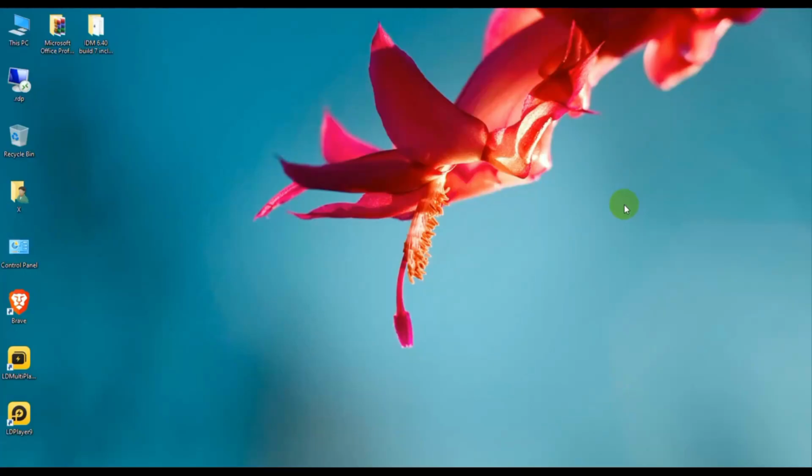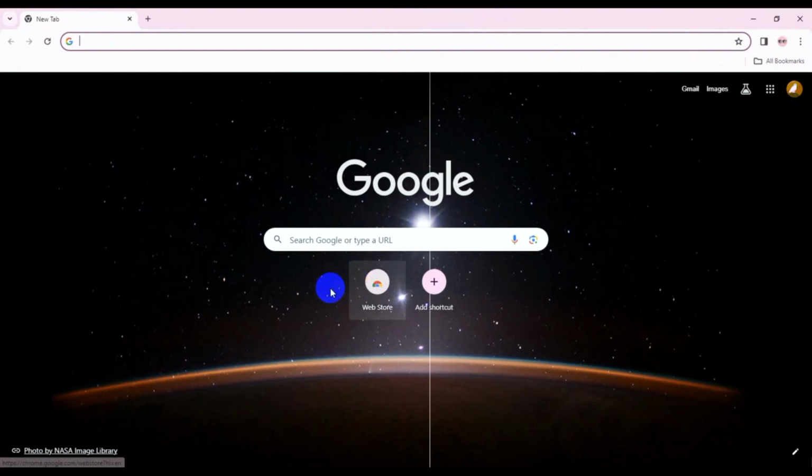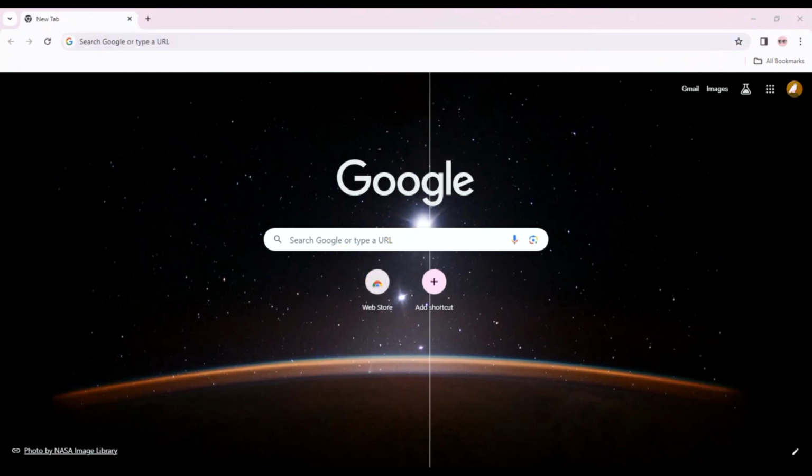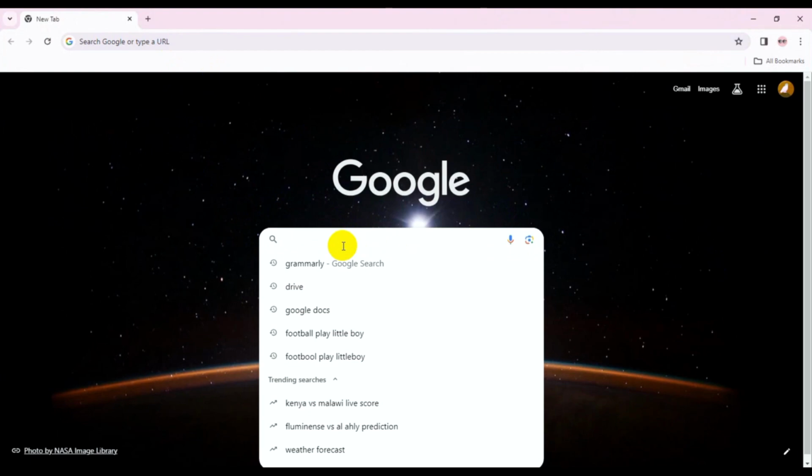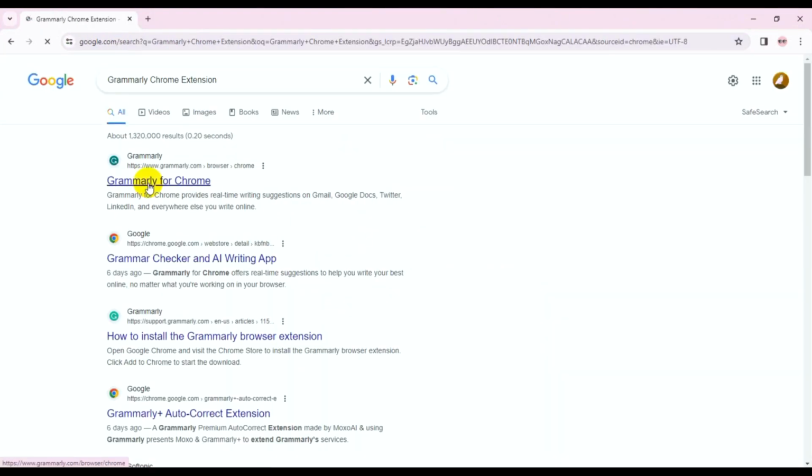Today I'm explaining how to add the Grammarly extension on our Chrome browser. So I'm just opening the browser and searching for Grammarly Chrome extension. I just copy, paste and search. Okay, then